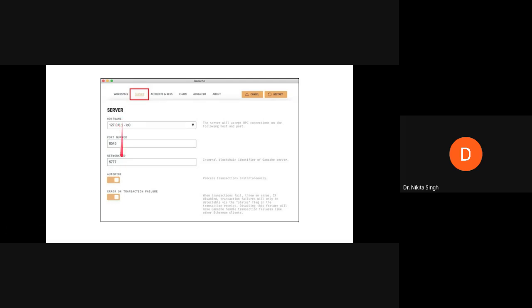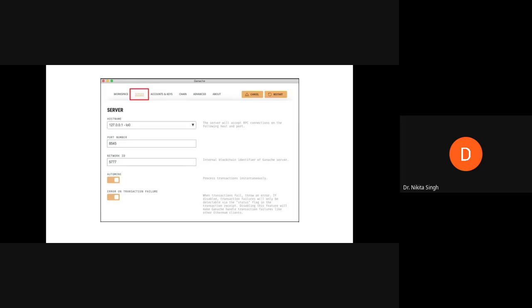These values are either set by default, or if you are working on an advanced application, you can use a different host name, ID, or port number. For the time being, we will only use these default values.